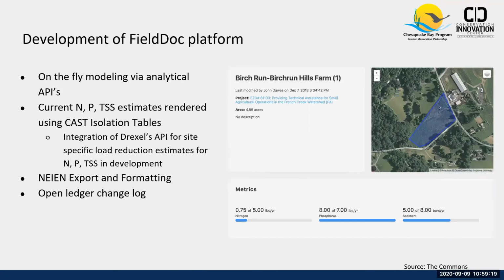So as we move through this cooperative agreement, there's continuously going to be updates to the Field Doc platform. Some of this work already existed, and what we're doing is slowly getting feedback and adapting it for what is currently needed. In the Commons platform, there is on-the-fly modeling with analytical APIs that are being integrated, and currently there have been estimates for nitrogen, phosphorus, and sediment reductions, associated with lookup tables that came from the CAST team. So it's data that runs off of the same data that is used in CAST. What we're looking to do through this project is integrate an API from Drexel's Academy of Natural Sciences,